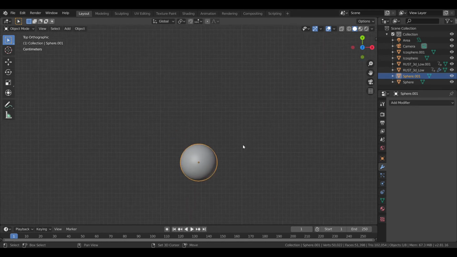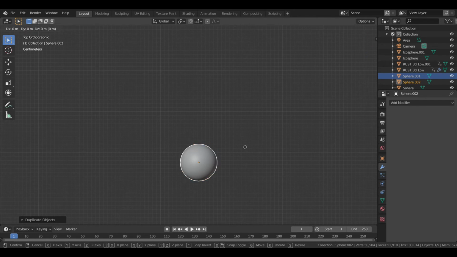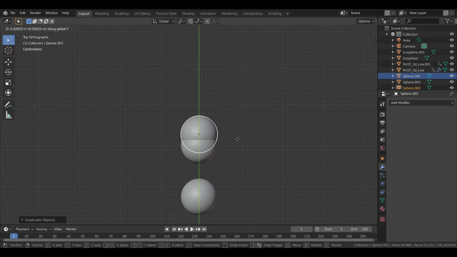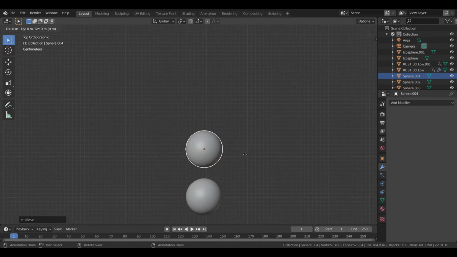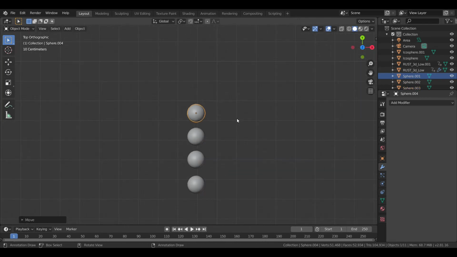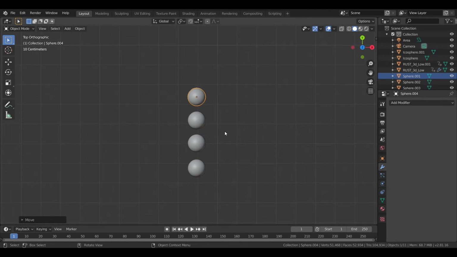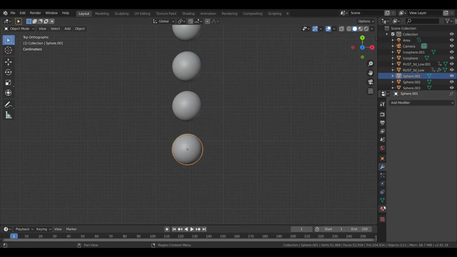Shaded smooth. Shift D, escape, G, Y, I suppose, yeah, that's right, GY. Shift D, escape, GY, and again Shift D, escape, GY. So we've got 4 particles. We'll make it a collection. So let's add